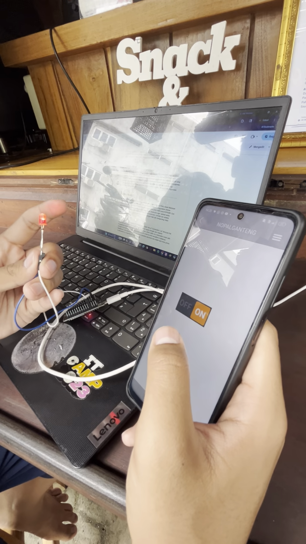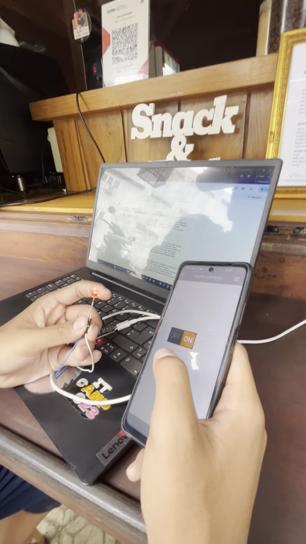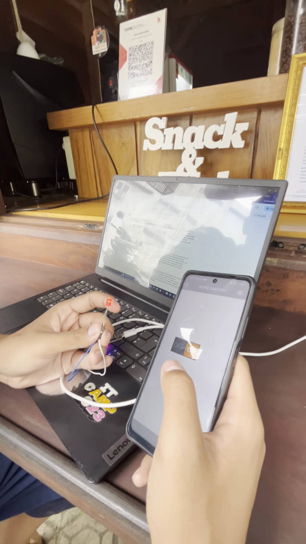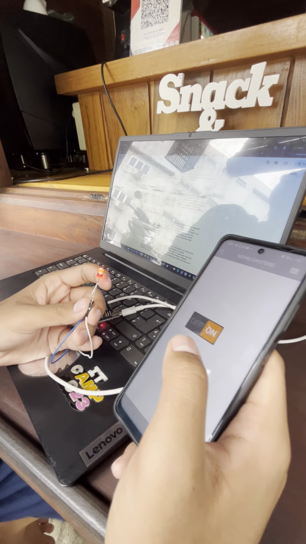Why is this on? Because the range between the remote and the ESP is not far.